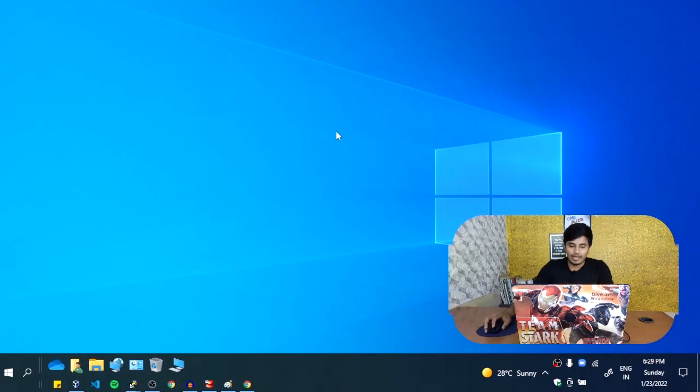Now that I am on my laptop screen, before explaining how exactly we can retrieve the data from the RAM, I would take 1 to 2 minutes to explain what exactly is RAM and what sort of data is stored in RAM. Okay, so RAM stands for random access memory. It is a piece of hardware which is located in between your CPU and storage device such as your hard disk or SSD. Okay, it is a volatile memory.